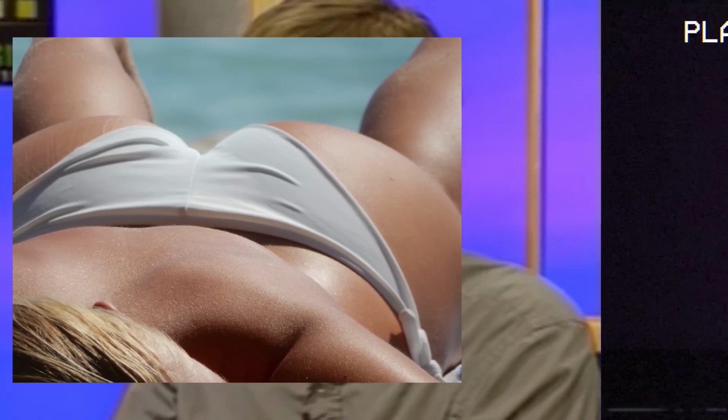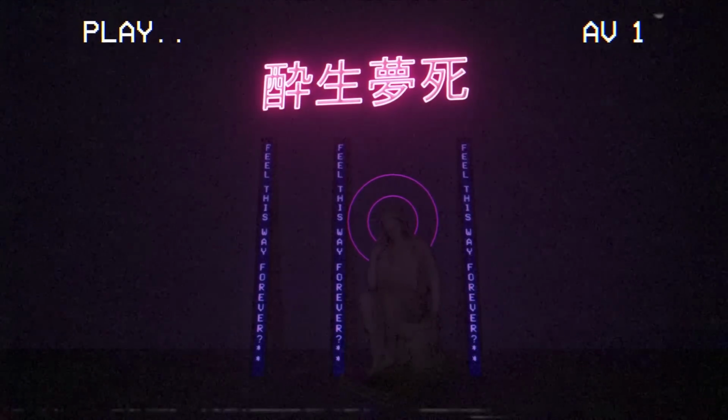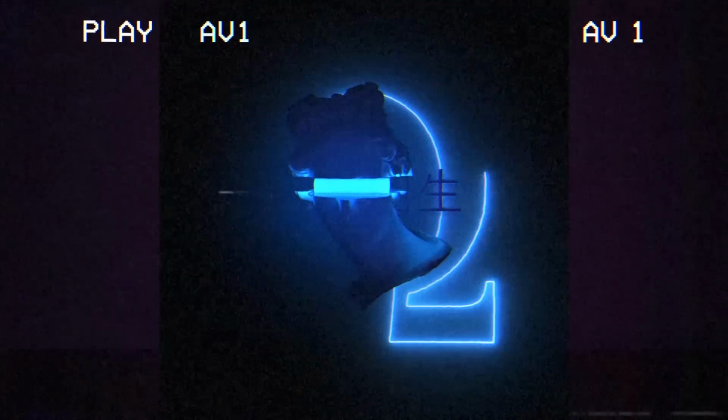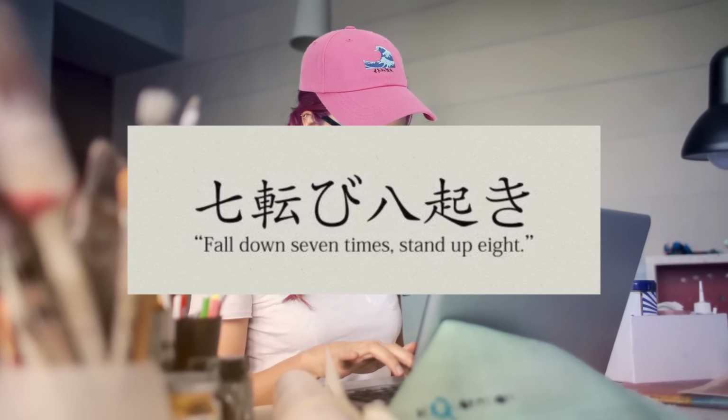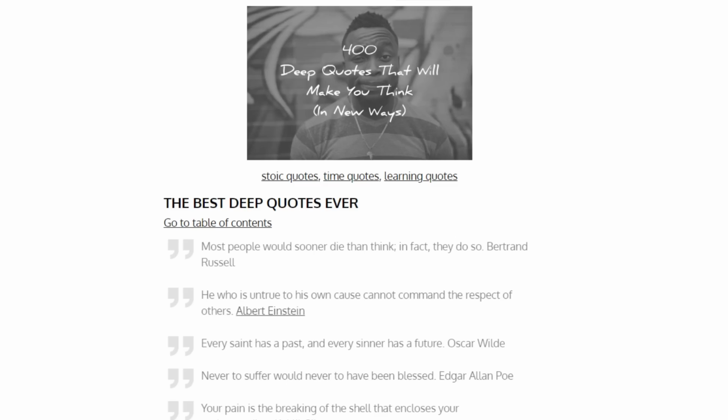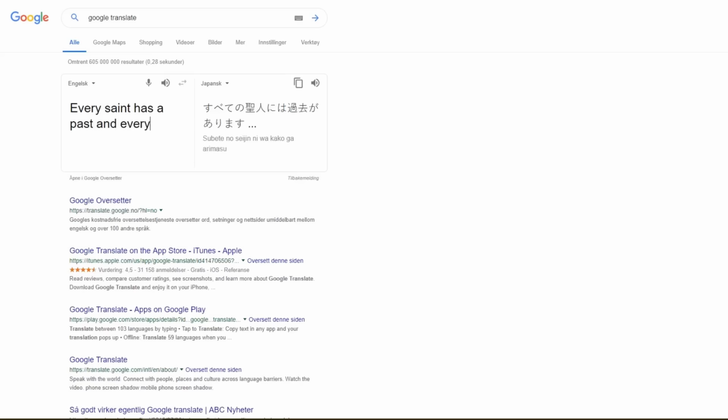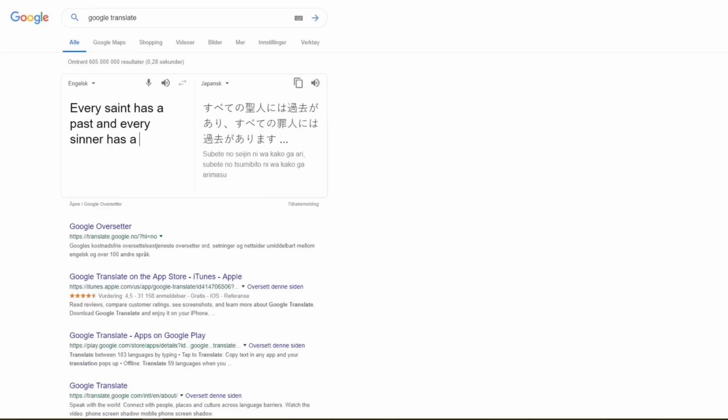But if you're looking at text that's Asian for some reason, or at least Japanese, then you are most certainly looking at Vaporwave. A favorite thing to do for these aesthetic creators is to find some old Japanese quote and put it into their art. Or even better, finding a #deep English quote and then going into Google Translate and turning it into Japanese. That way, you butcher the original text and the meaning becomes lost in translation.